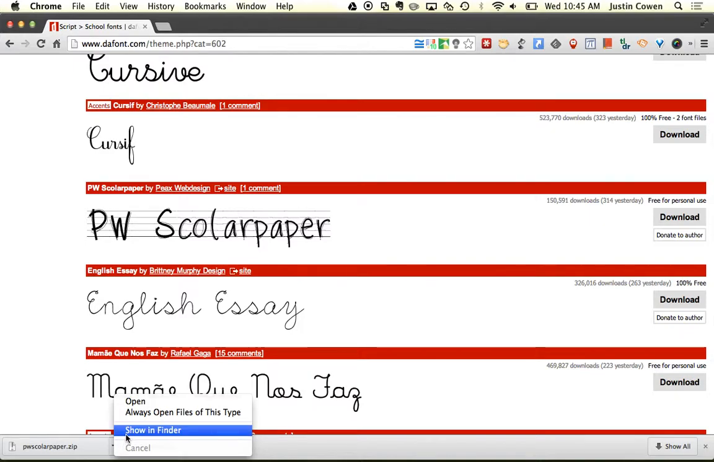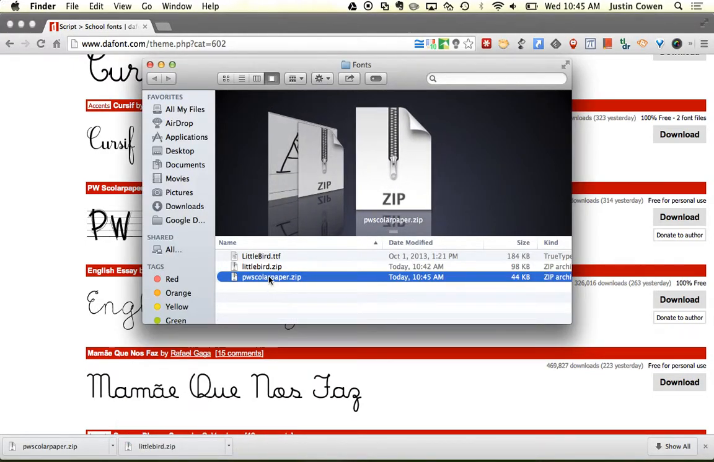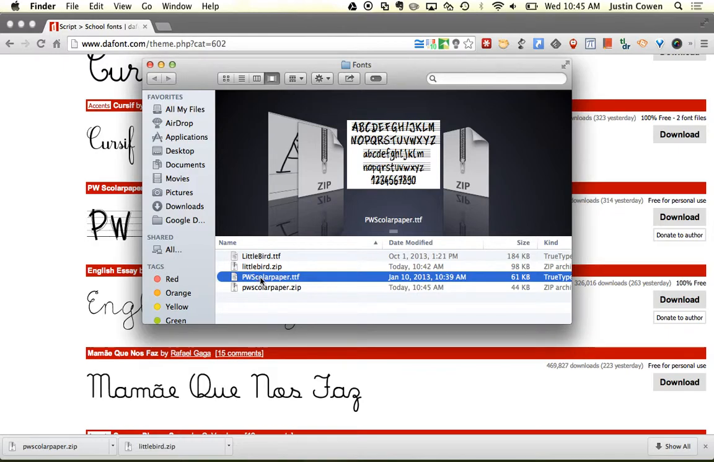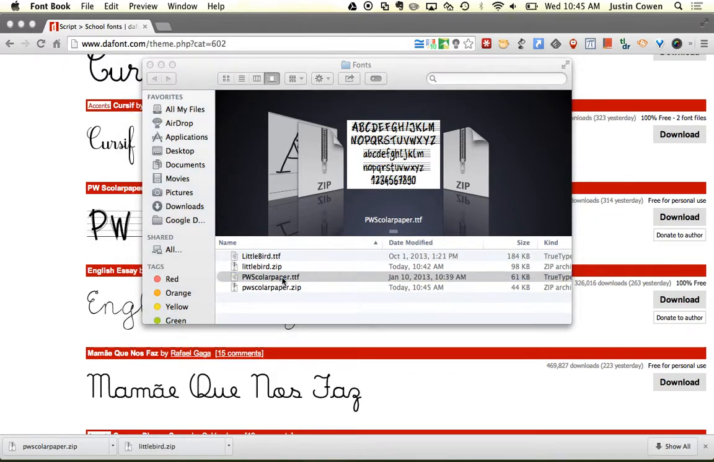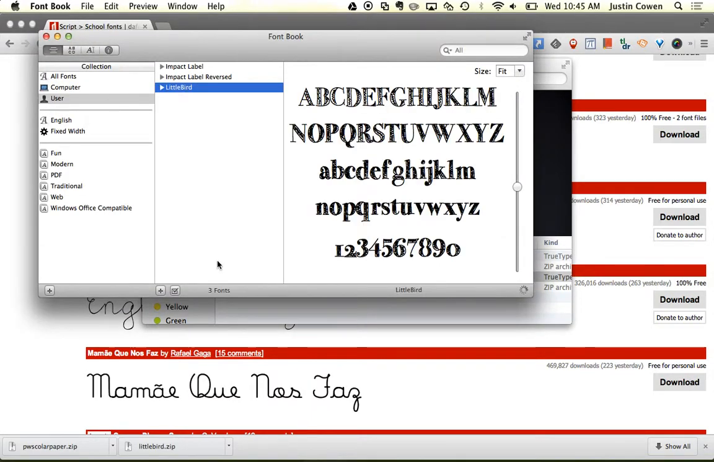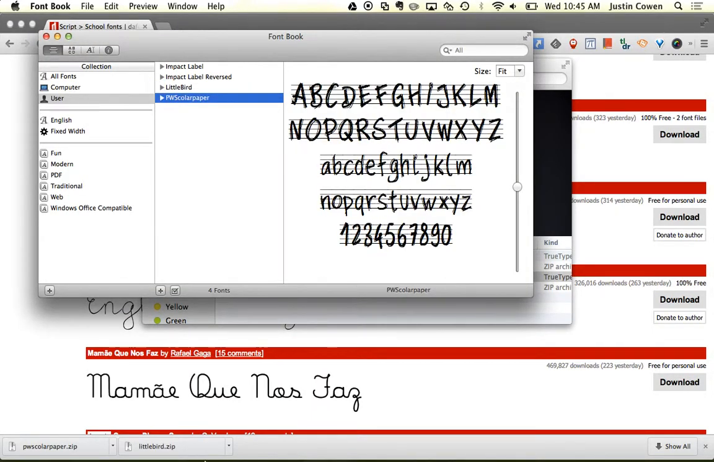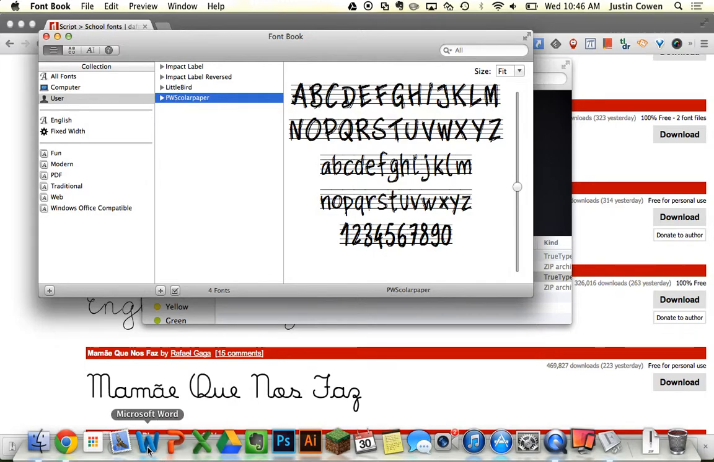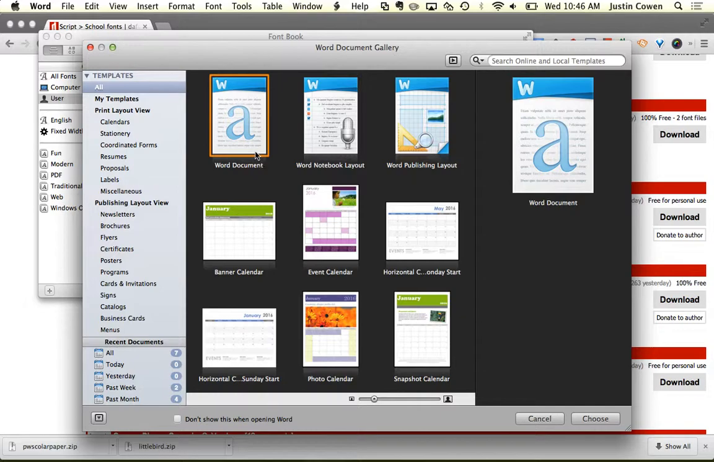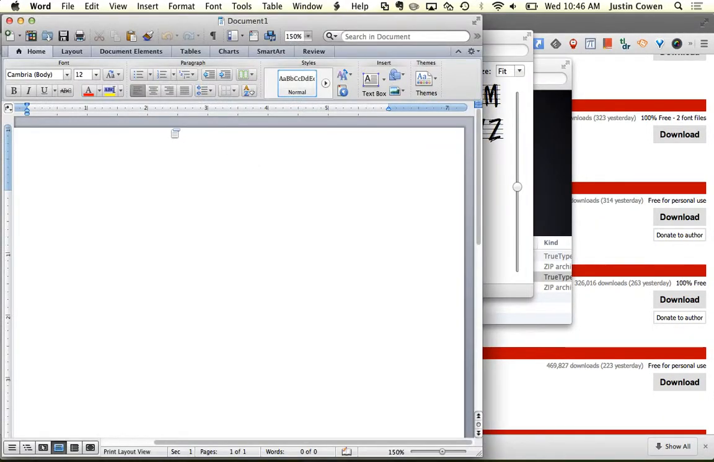I'm going to find that folder, double click the zip folder, and it automatically opens up for me, and I can see it right here. Double click the font and hit install font. Now I could open up Microsoft Word. And remember, if you had Word open, that font may not show up right away. You may have to quit Word and come back into it. Now if I go into my Word document,